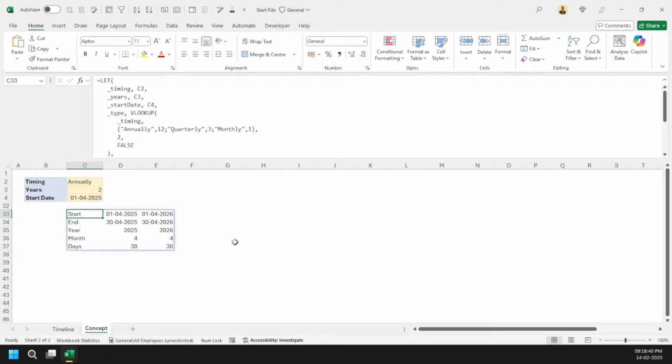Now here comes the important question. Should we make a LAMBDA out of it, or should we just let it be a simple LET formula? Now here comes the main thing. Got it?